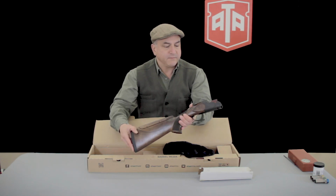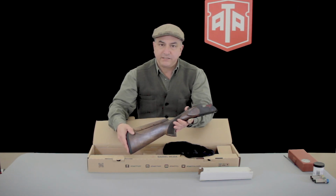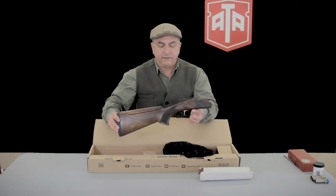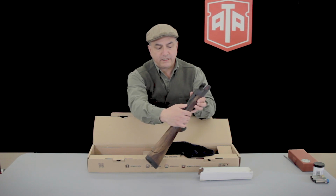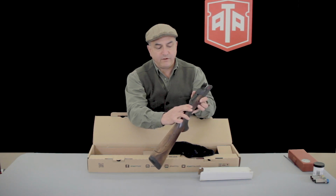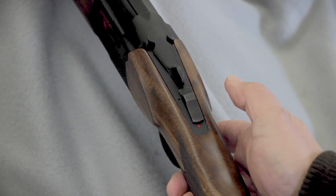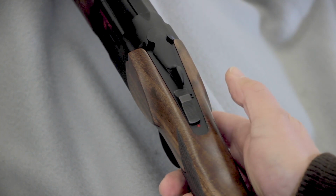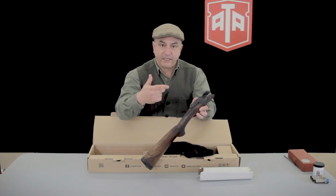So the Super Sport is a box lock action, monoblock action, very similar in design to the infamous Beretta action. Time proven, strong. All these guns come with a single selective trigger. The selection is done on the safety, like a Browning, etc., or Beretta, where you slide it laterally, left or right, and then when you slide it forward, you pick the barrel. So when it's on the right side and you take the safety off to shoot, it will shoot the lower barrel first. If you want to shoot the upper barrel first, you switch it over, push the safety off. The first barrel on the top will fire in that case,